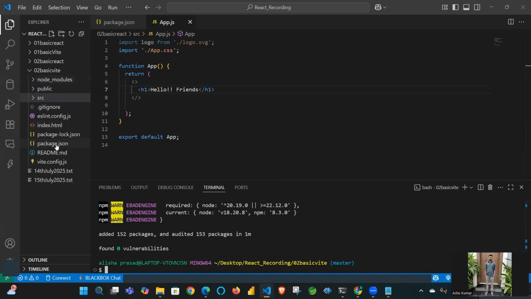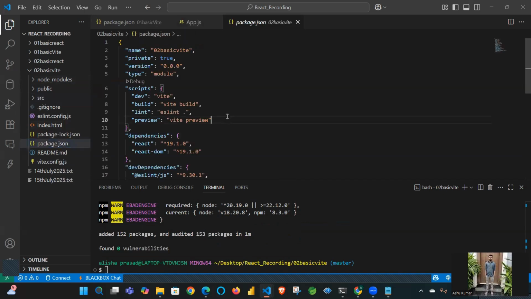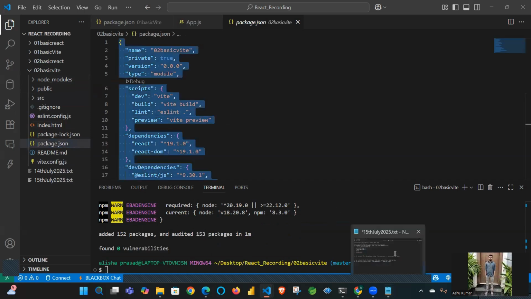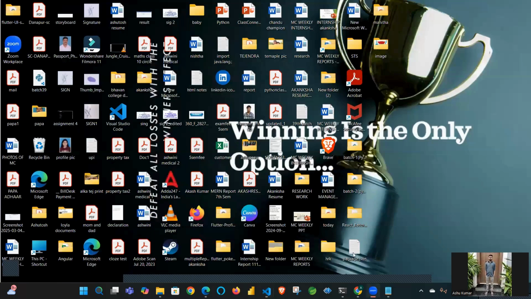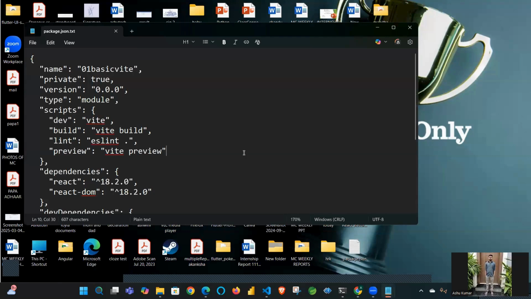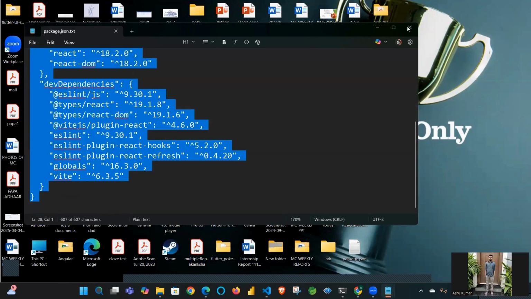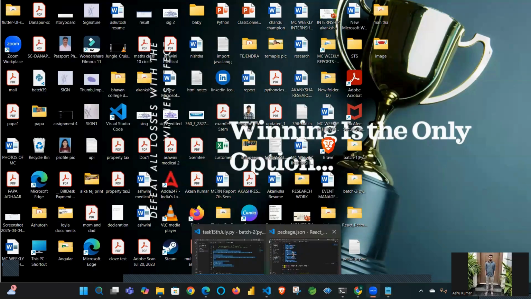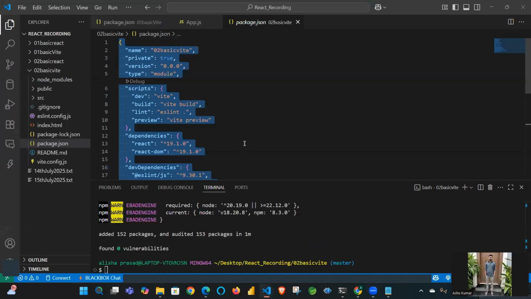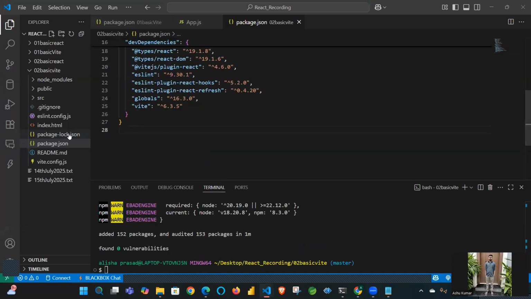Again, we have to make changes in the package.json. So let me select all and copy all the things from this package.json, and paste them into this package.json so that I can make changes over it. After that, this package-lock.json I have to modify. So the command is